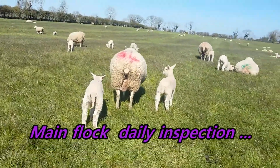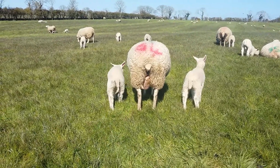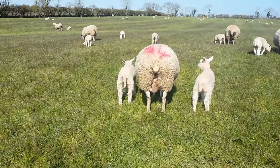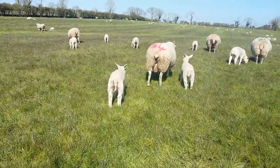So you can see the obvious swelling on her udder on the left hand side there. But I have stripped it out. There's a bit of hardness in it. That's how mastitis affects them. And then if that gets going on too long, she loses that quarter, becomes infected, and then the milk dries